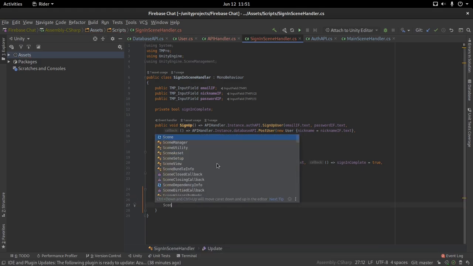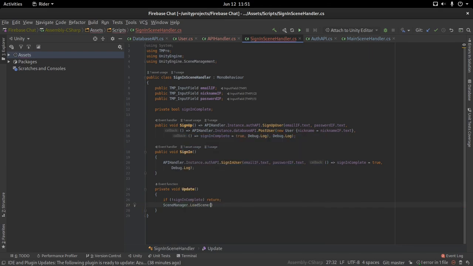But if it is done, we are going to actually yeet the user to the next scene. Okay, so this setup should work, because basically all that this function is doing is setting this boolean to true, which is allowed, but then the actual changing of the scene is gonna happen on the main thread, because it's gonna be in the update function. Hopefully this was clear. I know it's a little bit confusing, but it confused me too when I first stumbled